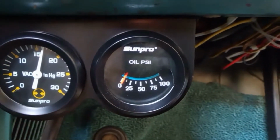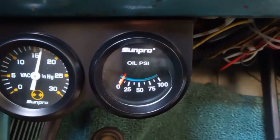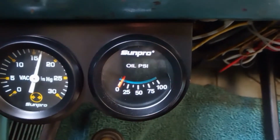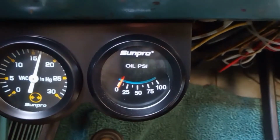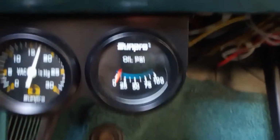And the pump keeps it at about a constant 16 or 17, which is fine. That should give you plenty for power brakes. And then as soon as you let off, it cuts off. And then I'm going to show you